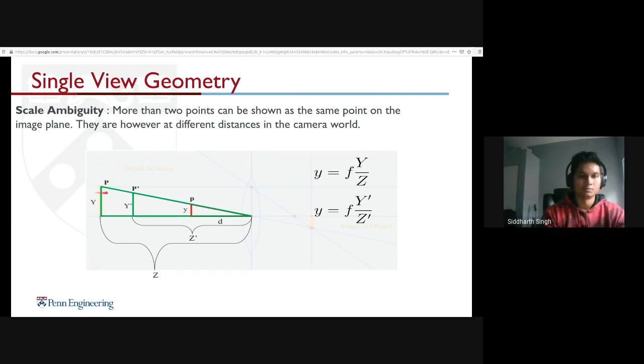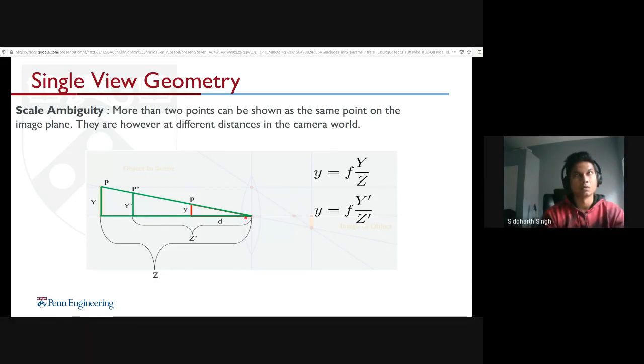If I'm looking at a point P here from my optical center, and I'm seeing this image here and here, what I don't know is how far that point P is, because y can be equal to focal length times y by z, or it can also be equal to y dash by z dash, which is essentially what